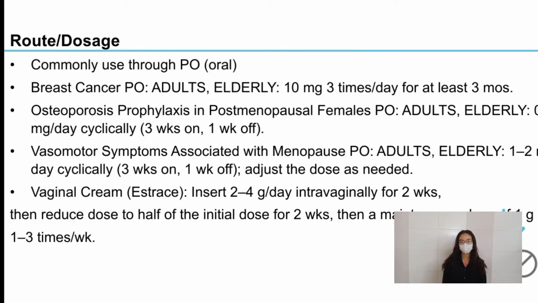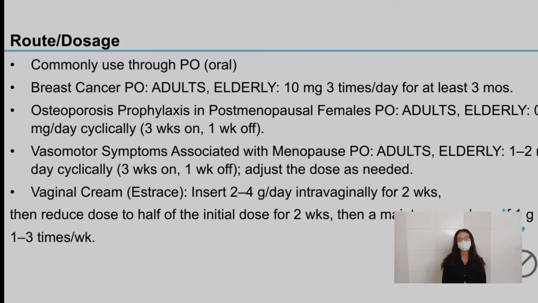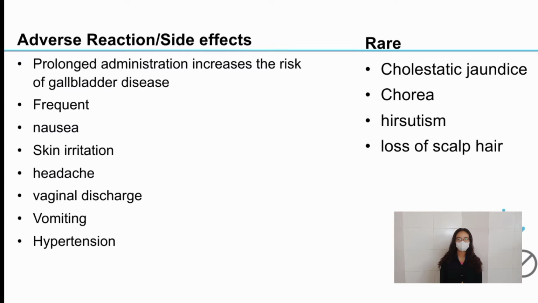Vaginal cream, which is the Estrace, insert 2 to 4 grams a day intravaginally for 2 weeks, then reduce dose to half of the initial dose for 2 weeks, then a maintenance dose of 1 gram 1 to 3 times a week. Adverse reactions or side effects of this drug: prolonged administration increases the risk of gallbladder disease, frequent nausea, skin irritation, headache, vaginal discharge, vomiting, hypertension, and the rare side effects will be cholestatic jaundice,